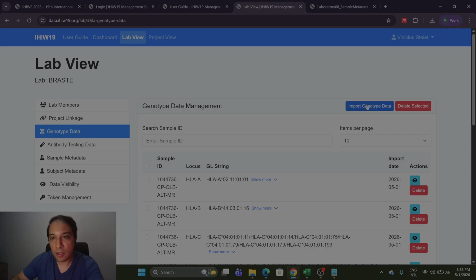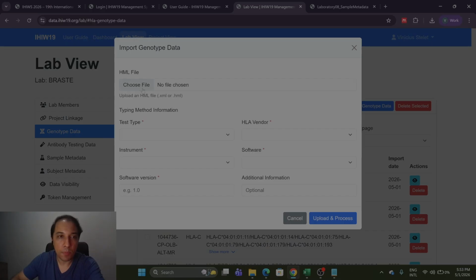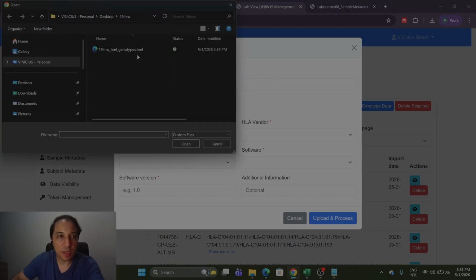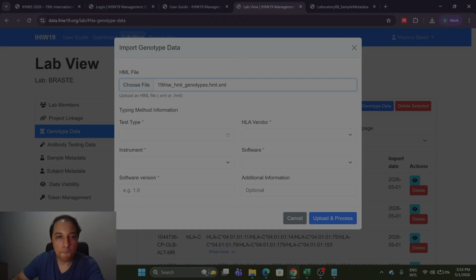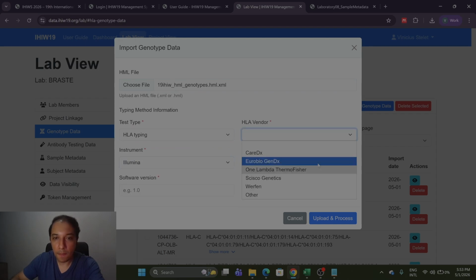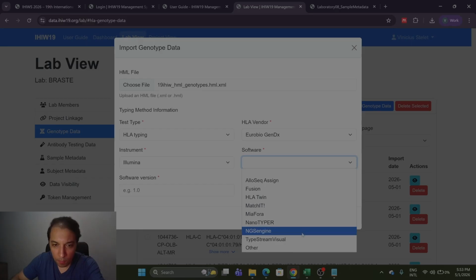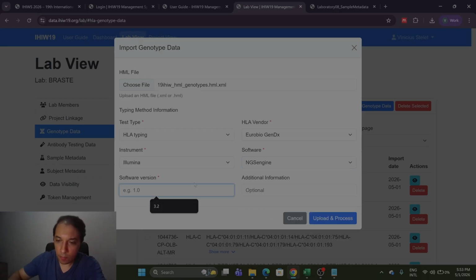Just go there, click this option, import genotype, and choose the HML file. You just hit the options and click upload and process.